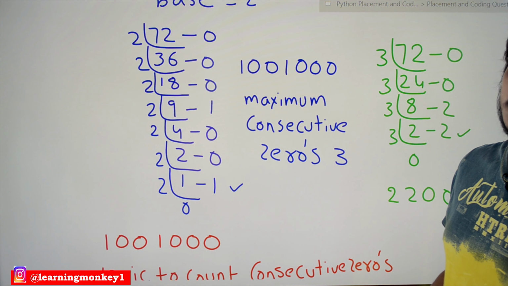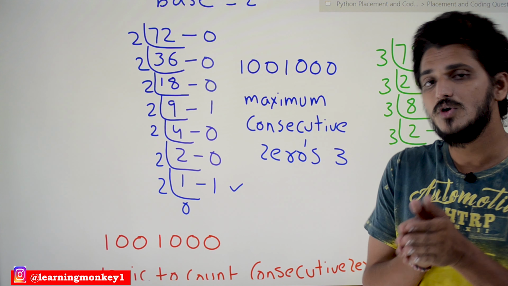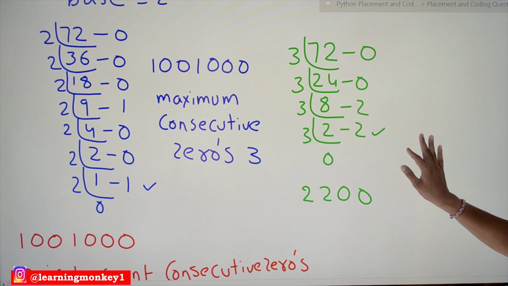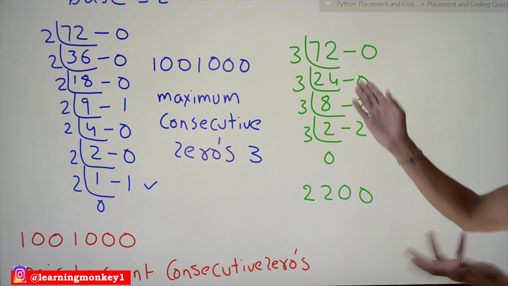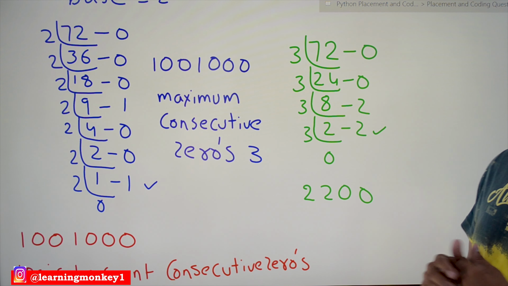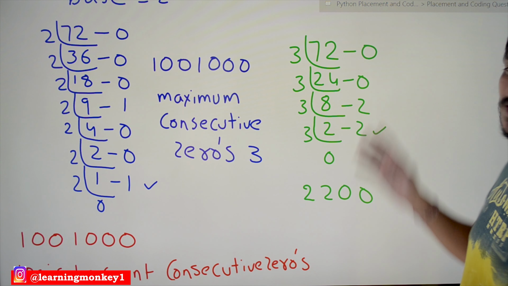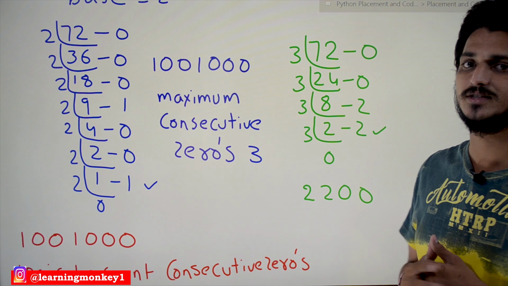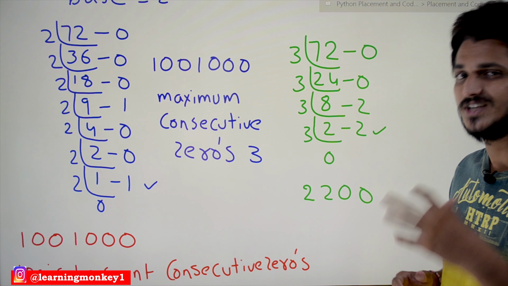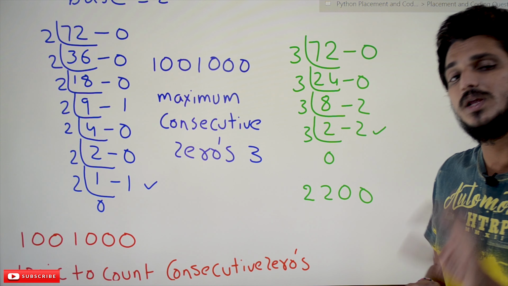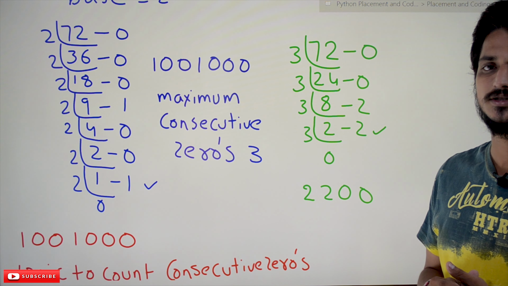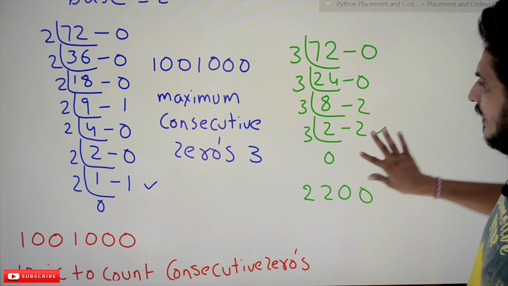That is the logic to convert our decimal number to any base. Not only base 2, you can take this example: if you want to convert the number to base 3, the same way, 72 divided by 3. What is the remainder value? The remainder value will be 0. These are the basics from digital logic design, number system. If you are not good at decimal numbers and those things, please watch our digital logic design course in the number system section and then come back here.